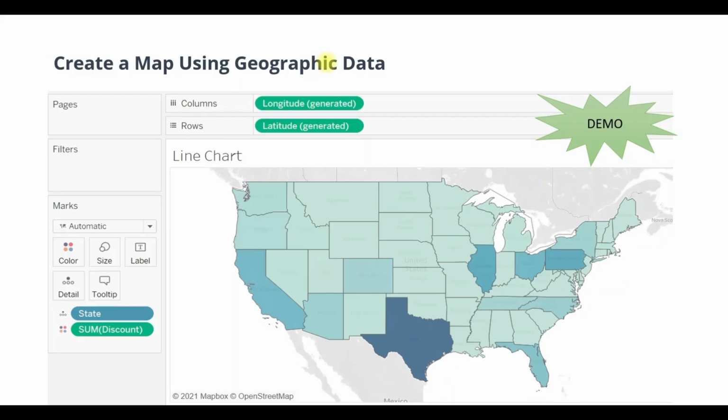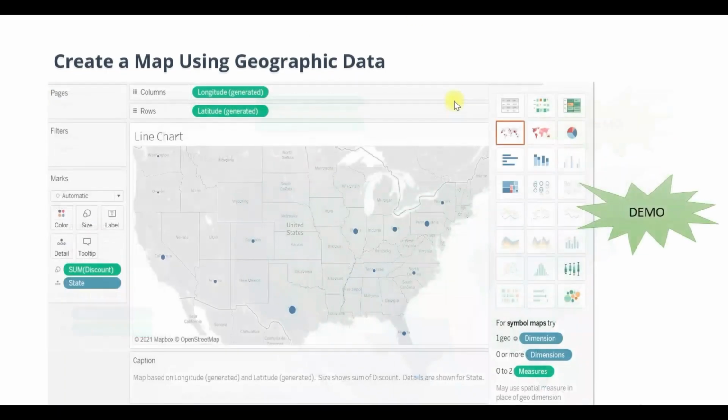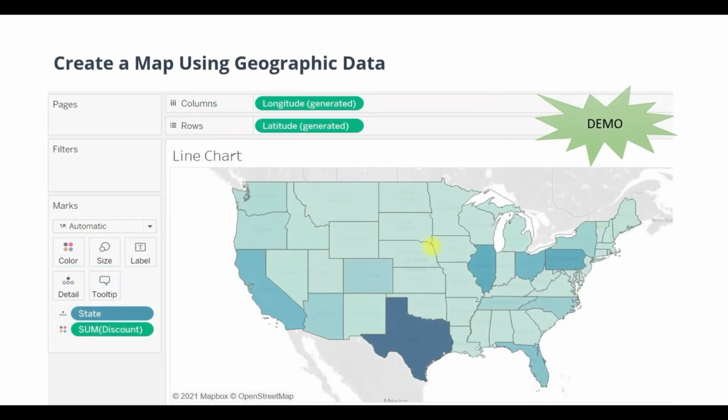Normally, in this kind of map, the area of the country or the state, whichever field we are taking to represent on the map, is filled with different colors or different sizes based upon the measures which we are creating. So both the maps are similar. This one is called the filled map, whereas the previous map that we saw, this one, is called a symbolic map. You can take a call which map to show or create based upon the requirement. So now let's see how to create a filled map in Tableau.